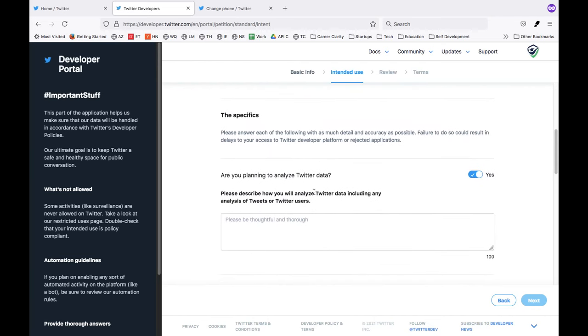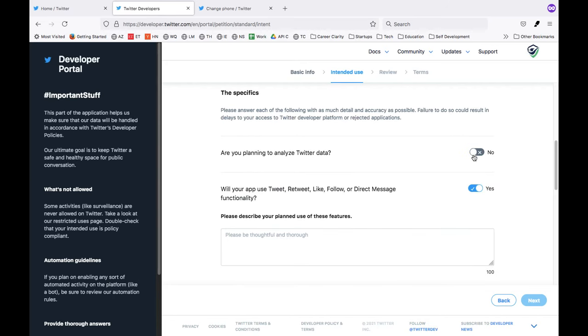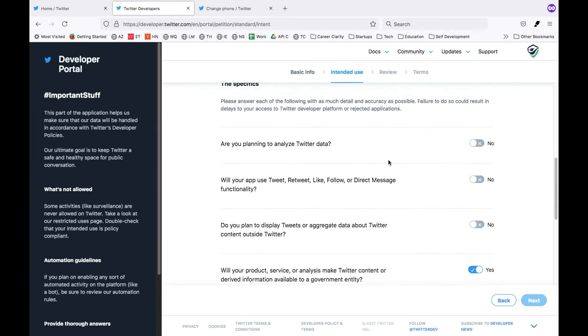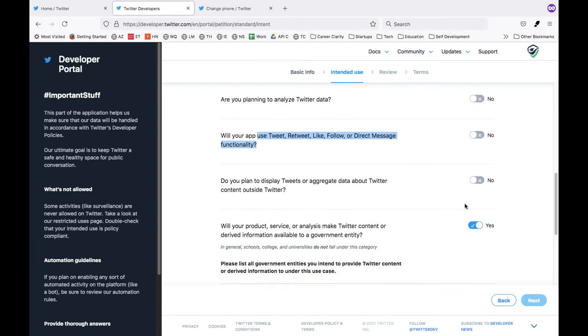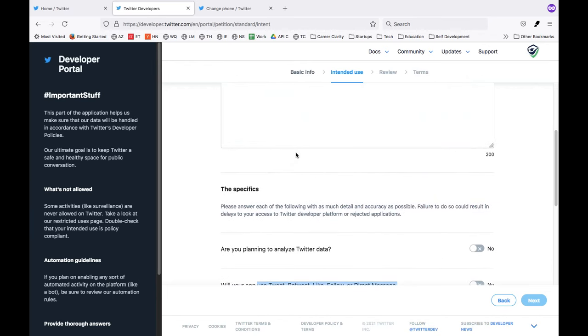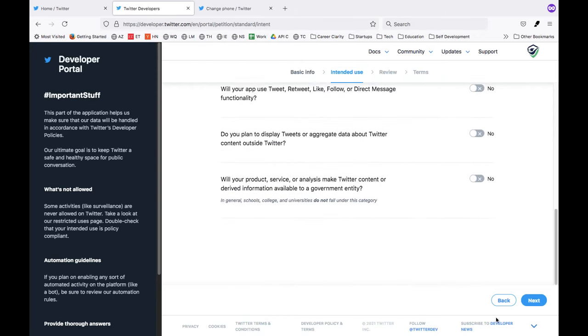And then there are certain questions, right? Since this is a demo, I will just keep the access to the minimum. I don't want to analyze much data. I just want to fetch some data, right? I don't want to retweet or like or follow. A lot of functionality you can actually do. It's a get API where you can get data and you can post data as well. Okay, and then this you can enter. So I'll enter something, right? You have to enter whatever purpose you have. Once done, then you can do next,